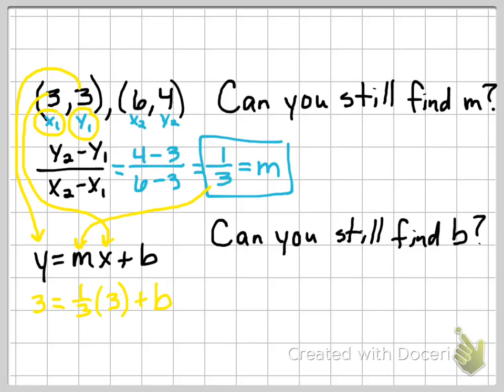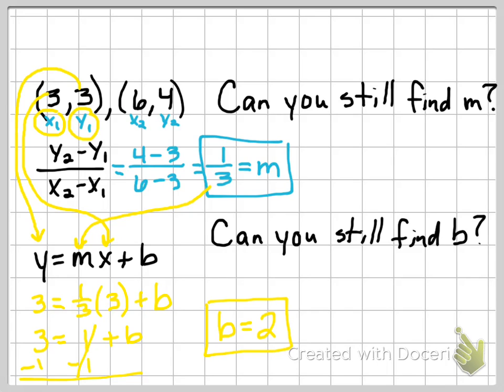Well, now I have an equation that only has one variable, and we can algebraically solve that equation. So I'm going to rewrite it first. I've got 3 equals 1, because 1/3 of 3 is 1, plus b. This is just a one-step equation. So I can see if 3 equals 1 plus b, then b must equal 2. Now algebraically what we did is subtracted 1 from both sides, and that gave us b on one side,